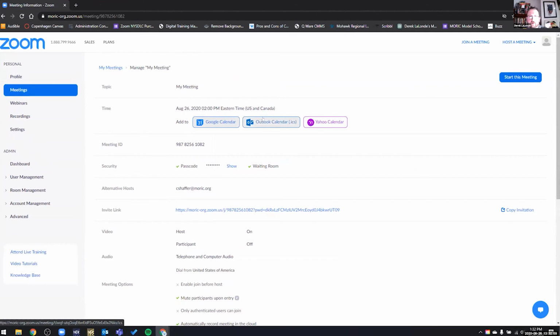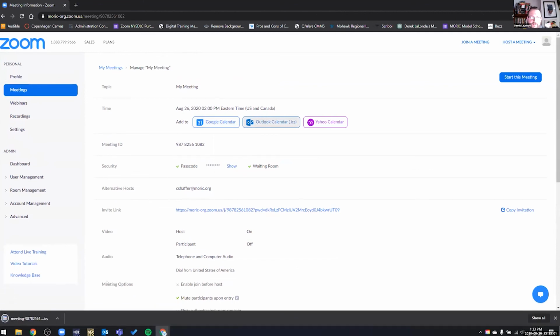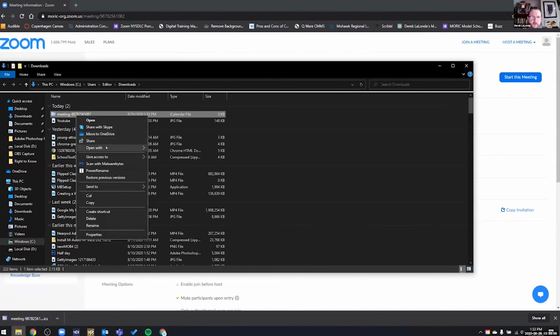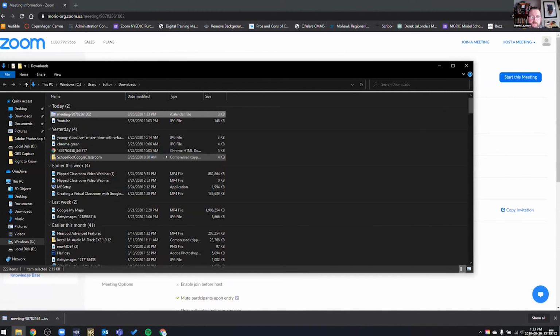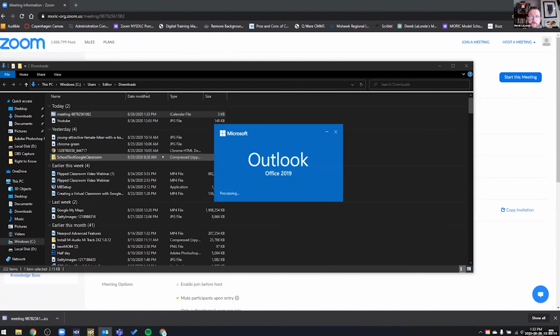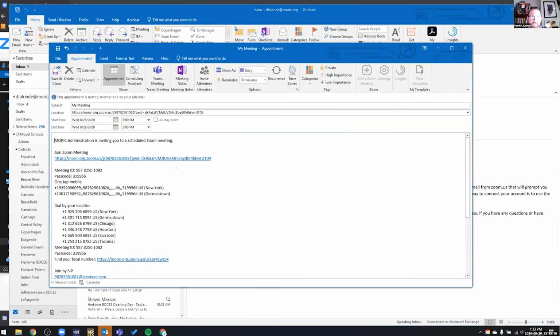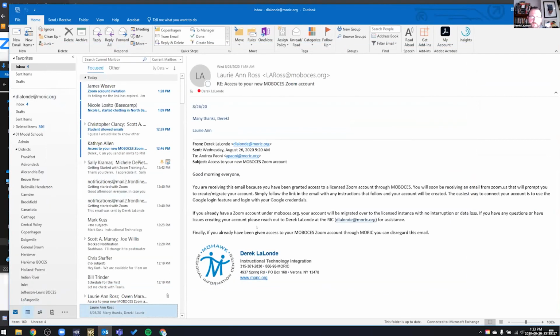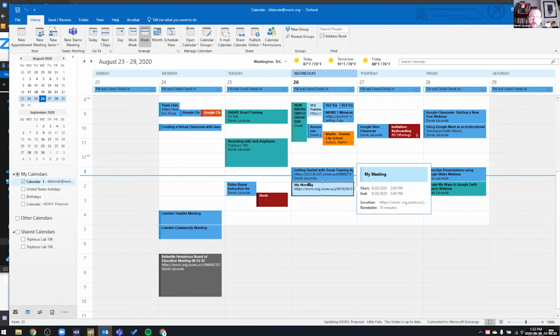Or in Outlook, it'll actually download a calendar file, which I just have to show in folder, and I'm going to open it with Outlook. So it's just going to open up my mail, and there's my meeting. So it's already set up as a calendar invite. All I would have to do at this point is a quick save, and then I can open it up,